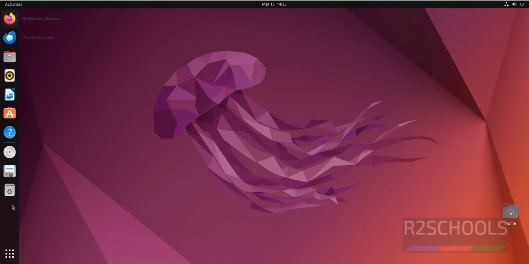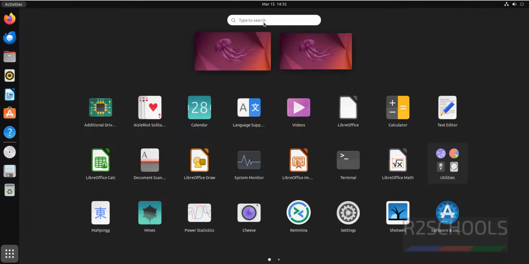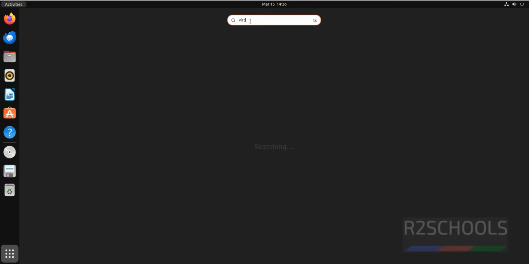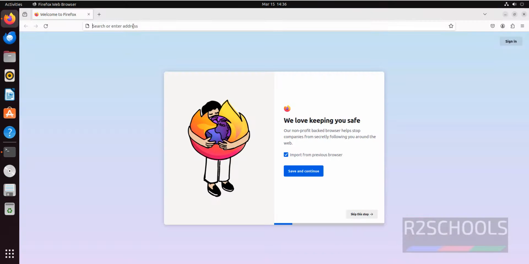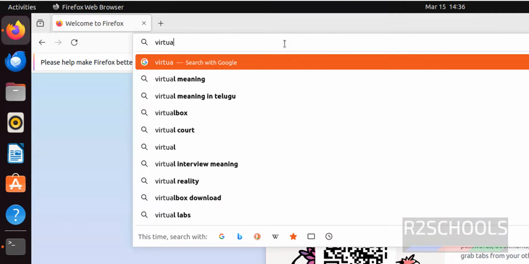Okay. First verify whether VirtualBox is there or not. Click on show applications, search for VirtualBox. See, we don't have any application. Now open terminal. Open Firefox, go to the VirtualBox official website, that is virtualbox.org,